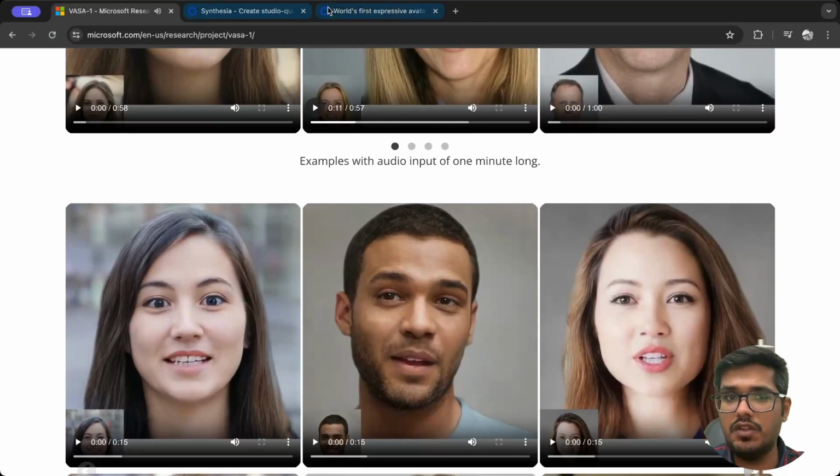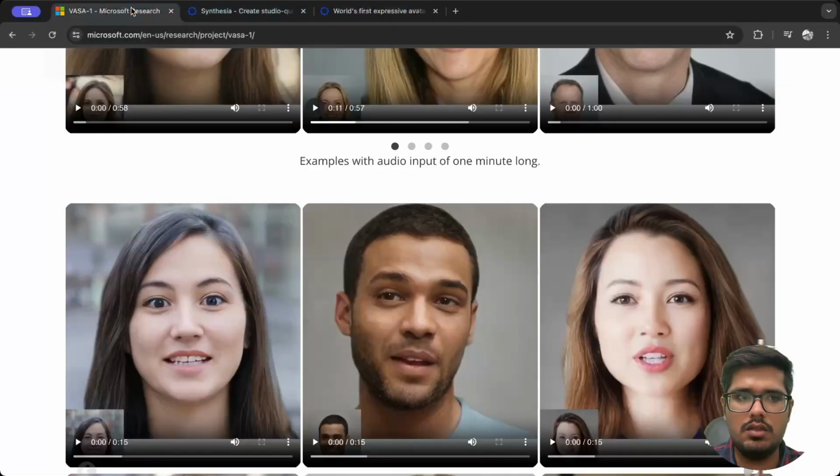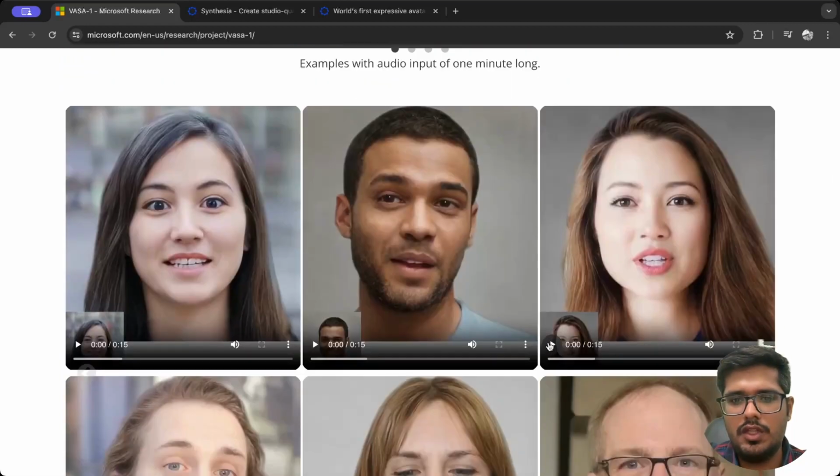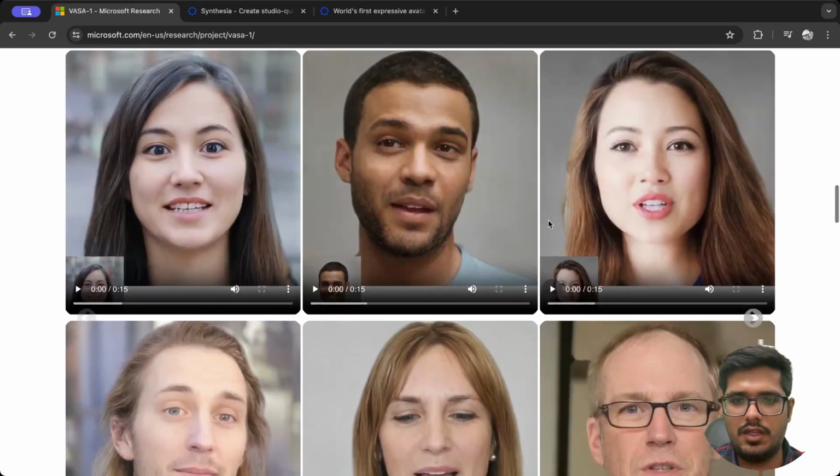You can see the expressions look very realistic. Even better than the previous version of Synthesia that we had first seen way back, right? I think I released a course in January 2023, and that's when the initial version of Synthesia also came out, but they had literally no expressions. And if you would share that video even for internal training, you would know that this was generated by AI to some extent. But then Microsoft, I think a few weeks back, announced this. And the reason why this is very good is not just because it can generate avatars like these.